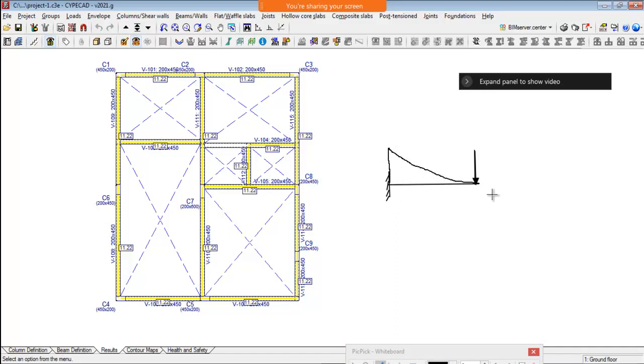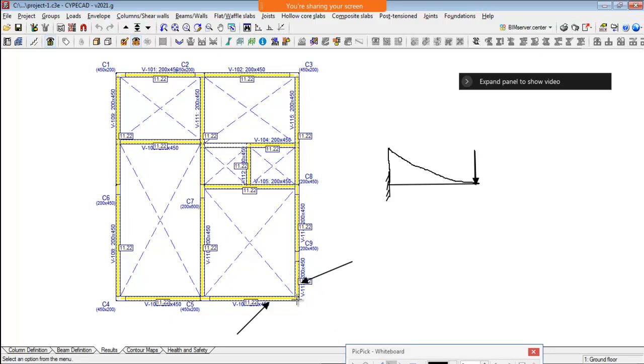And where is this situation in our structure? See, we have got this situation, one is here, another one is here. Now what is the difference between this and this? I have already explained to you. One end is simply supported, another end is fixed. The same thing happens here also. This is also one end free or supported on another beam. Here there is a column, so there is the same condition.